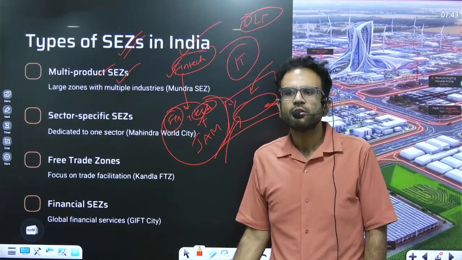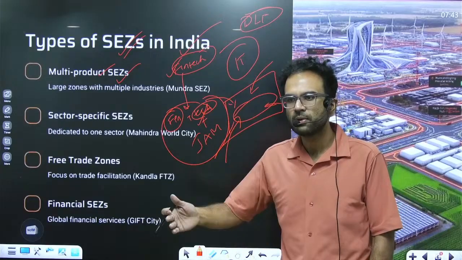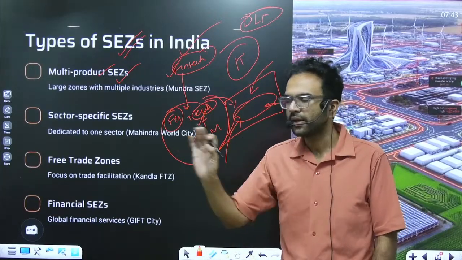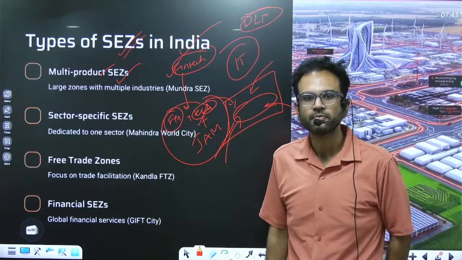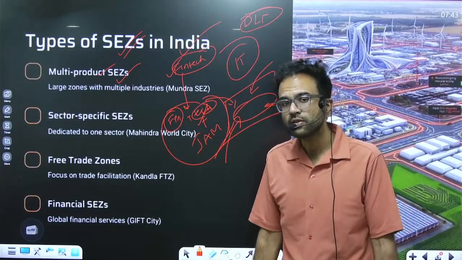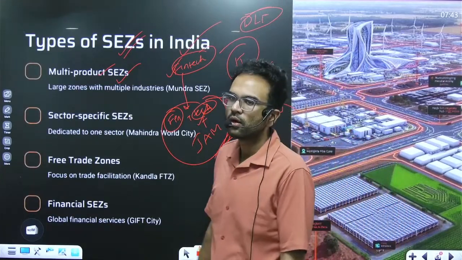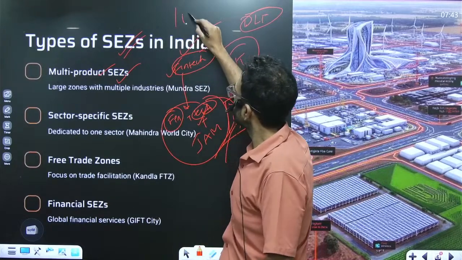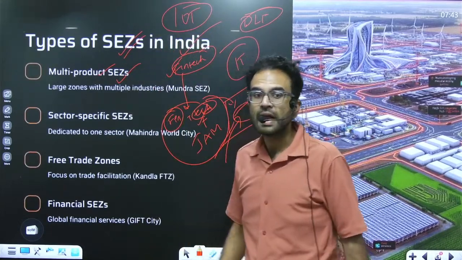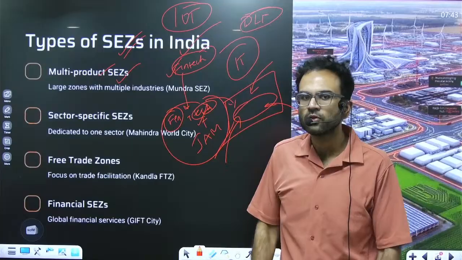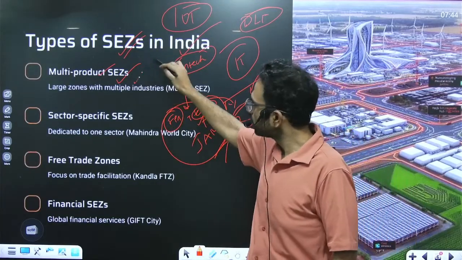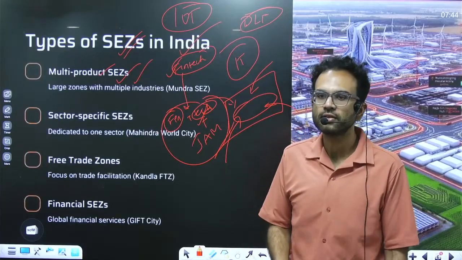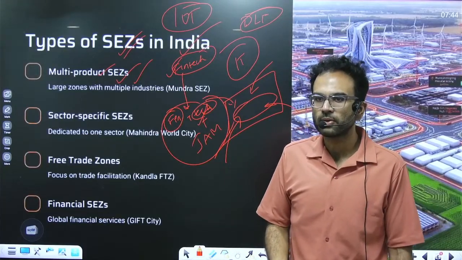You don't require much infrastructure for an IT company. You just build a very good building, put a cabin there. It is as good as constructing a study hall, just a work cabin, right? But that's not how it works when it comes to, let's say, an industry where you require IoT, Internet of Things. So things like this, which were ill planned, did not help us in creating these multi-product special economic zones.